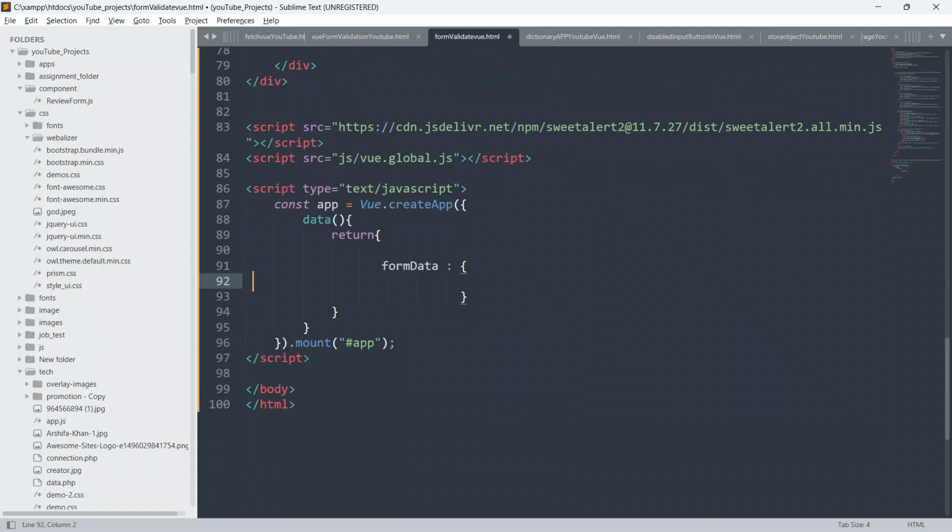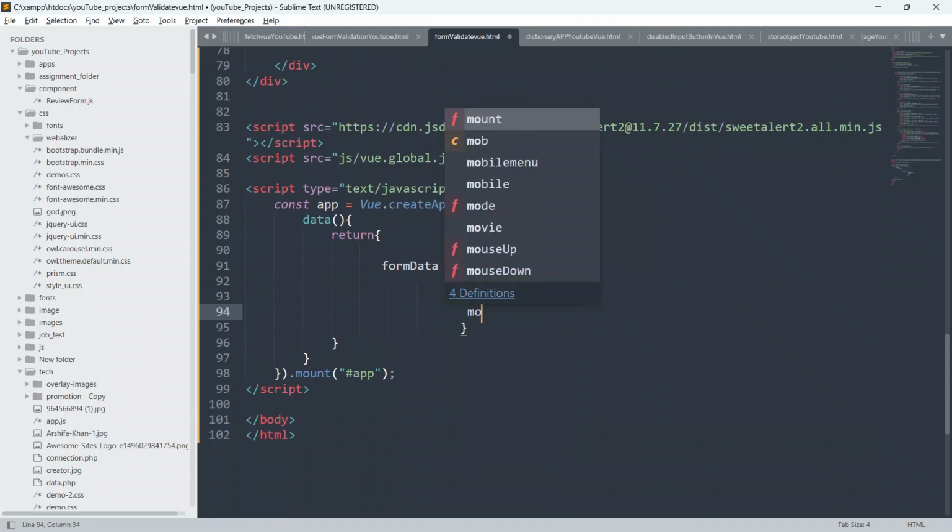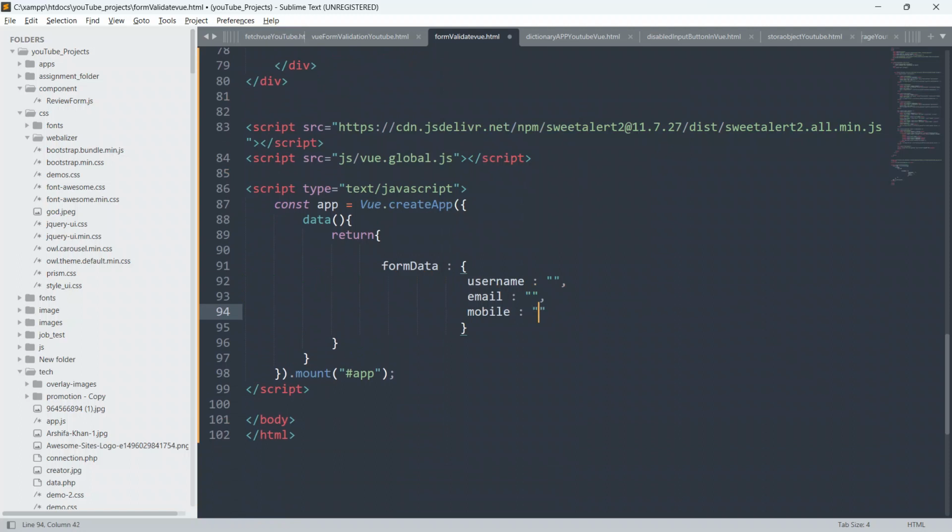I will add the comment also, guys, so that it gives you some kind of hint to understand the code. Just give username, and as of now assign the empty string. Give comma and give email also, with colon, and assign the empty string. Give mobile also, with colon, assign empty.